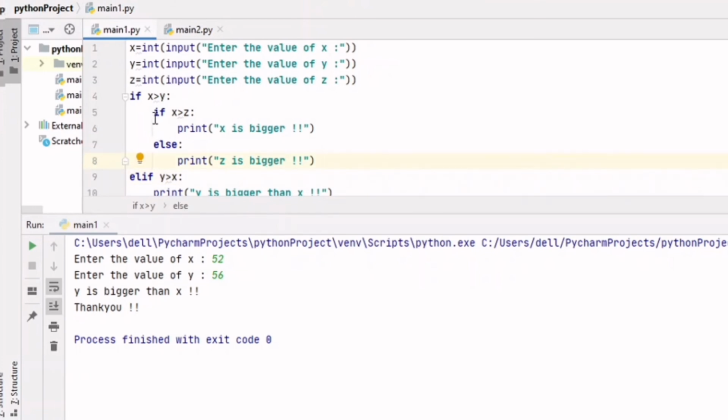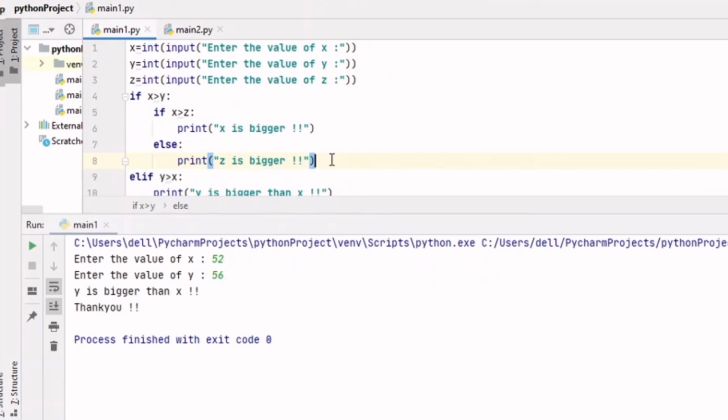Now you just see here, this if and this else. This if else is the block of this first if. Just see the indentation level, right? What we have done here, if x is greater than z, print x is bigger, else print z is bigger, right? So ये हमारा x and z का comparison हो गया and ये block हमारा यहीं पे finish हो गया,